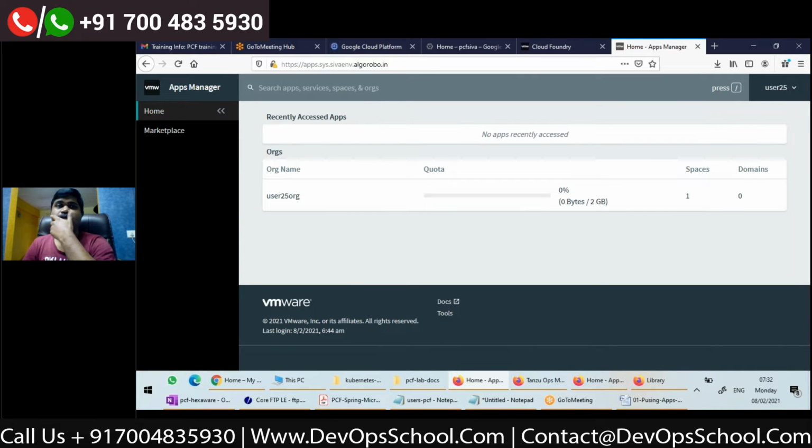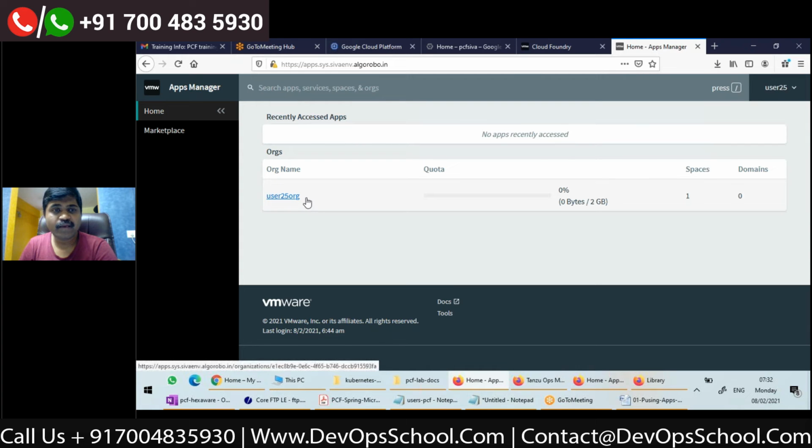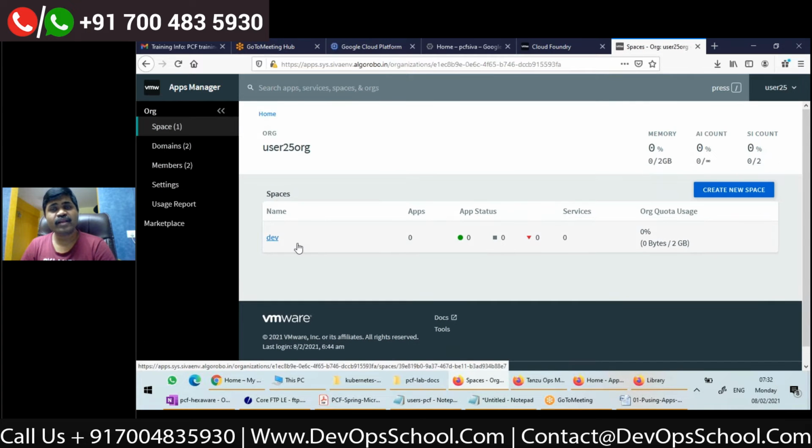See, what I have done is for this user 25, I have already created an organization called user 25 org and made this user 25 the organization administrator. So you can see user 25 org, and this org is allocated how much memory? The quota allocated is 2 GB, right? And then if I click on this organization, I have already created a space called dev space, right?